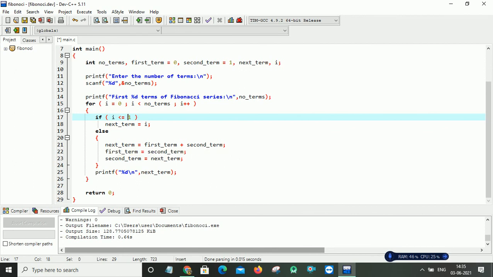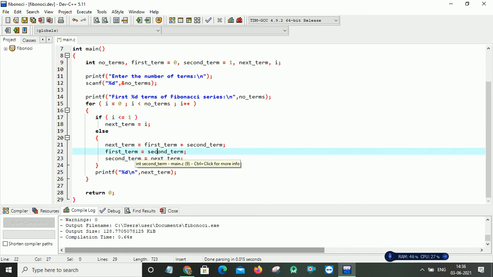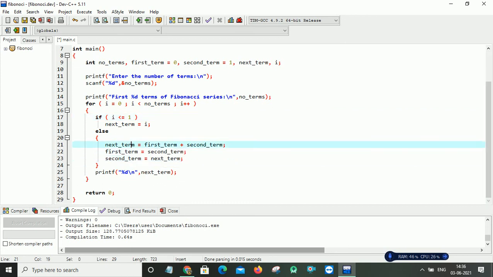So now 2 is in next term, and first term gets the previous second value, which is 1, and the second term becomes the just generated next term. Again these two values will pass to the next iteration, and so on, this loop will be executed. After every iteration I print my next term value to display the content on my console.